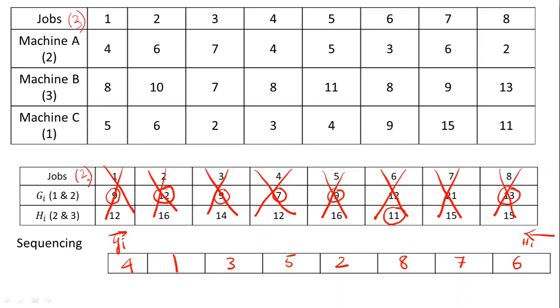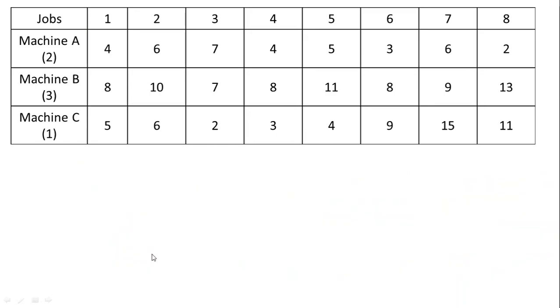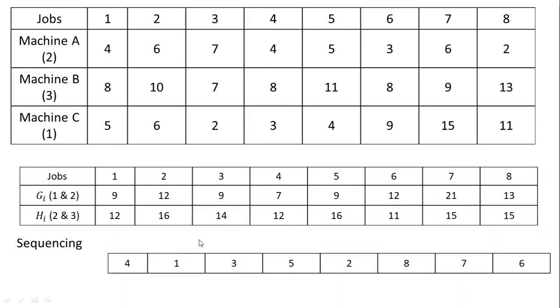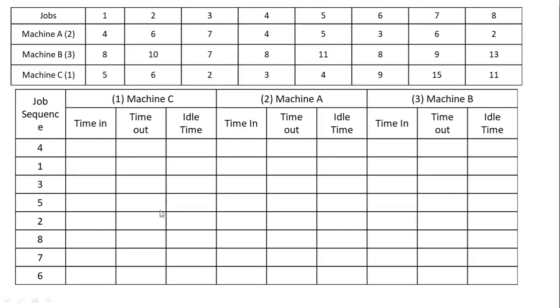Once we have the 2 mission problem in place, we have done the sequencing of these jobs. Once the sequencing is done, then we can go ahead and continue with the problem as a whole. The tabular column at the top is what is given to us in the question, and we are going to go by the sequence. So the mission sequence is C, A, B. So C, A and B, first, second and third missions. Now we are going to look into the time in and time out. The sequence we have found out from the previous place, we are going to fill it up.